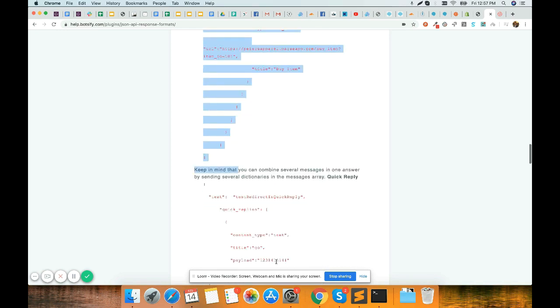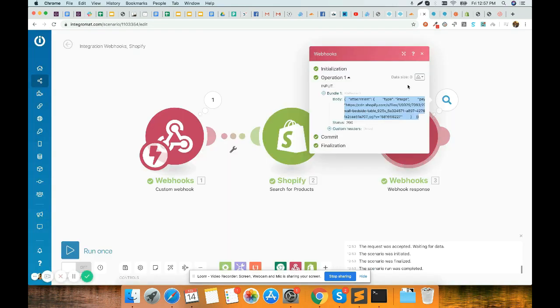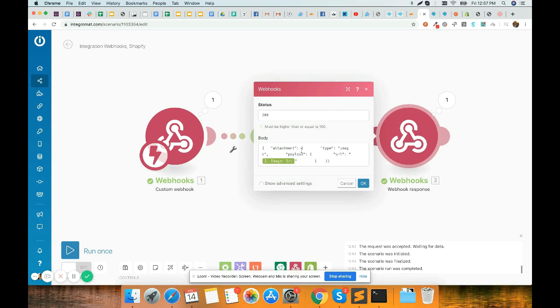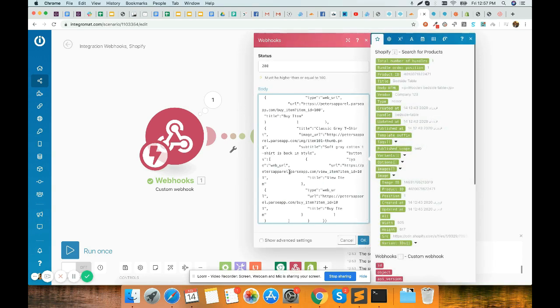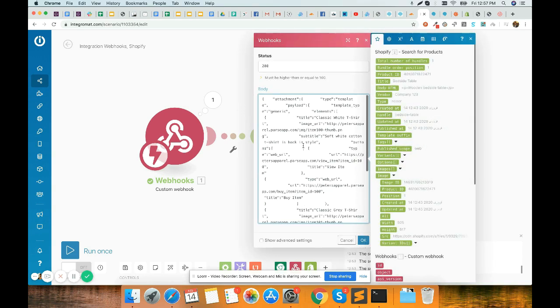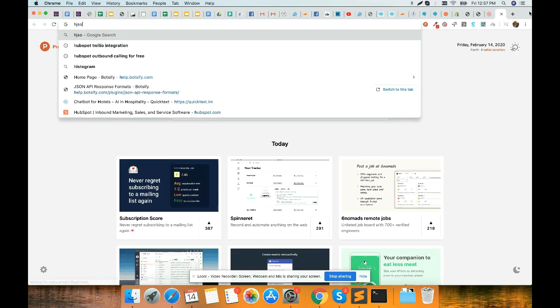This is more useful in our use case. I'm going to copy it and then I'm going to replace this complete JSON here. I know this is not well formatted, but let's go with this all in,